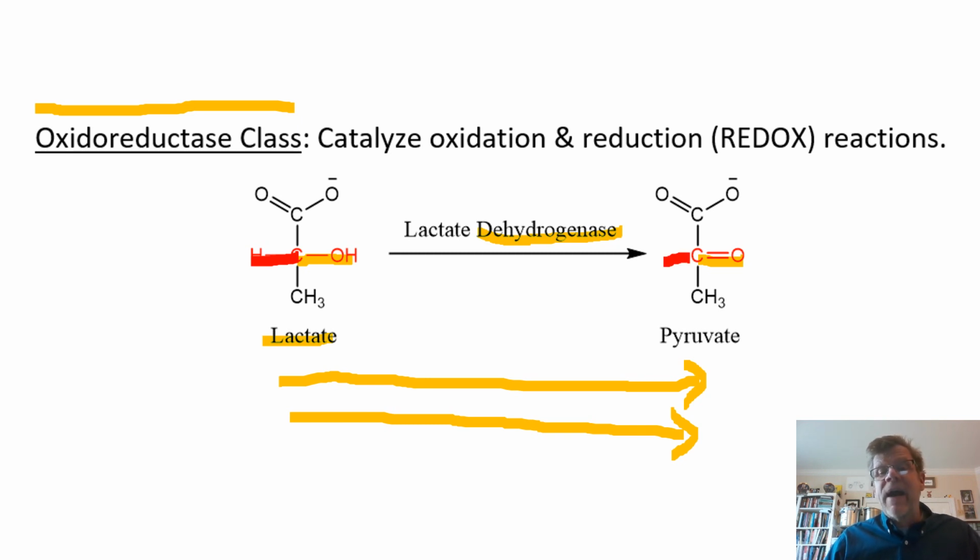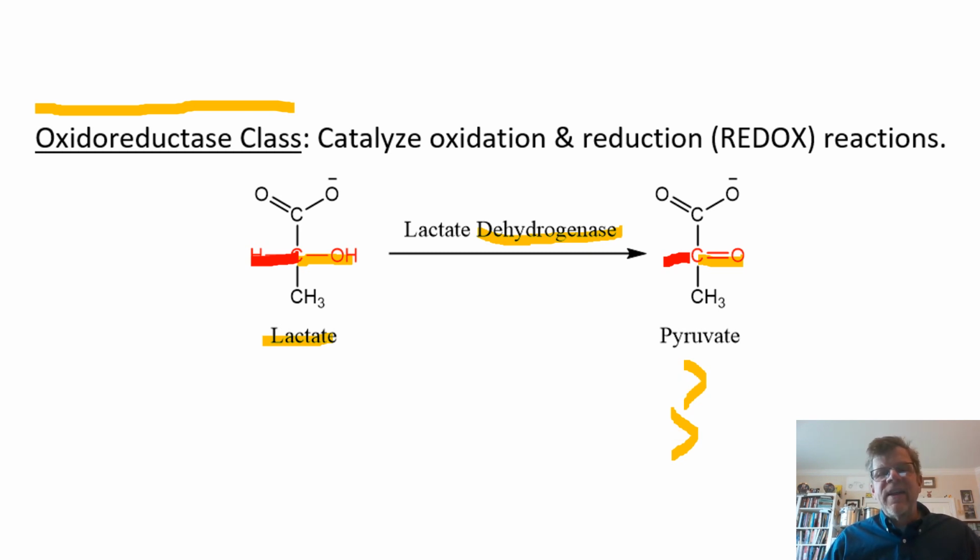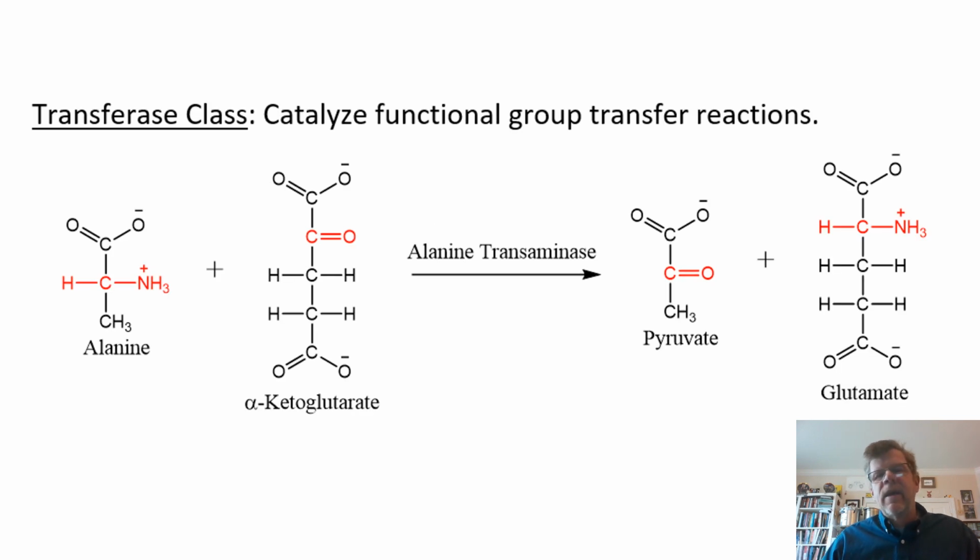Dehydrogenating. We don't have that anymore over on the structure on the right. So we could say that still this indication, if you will, of what types of structural change is still baked into this particular class of enzymes. Next class,